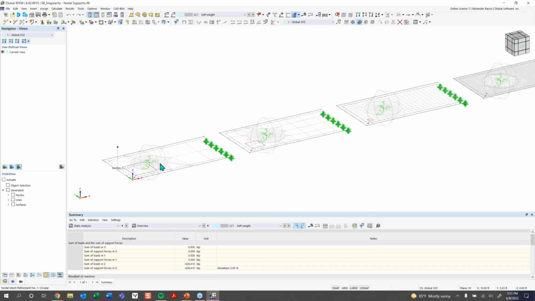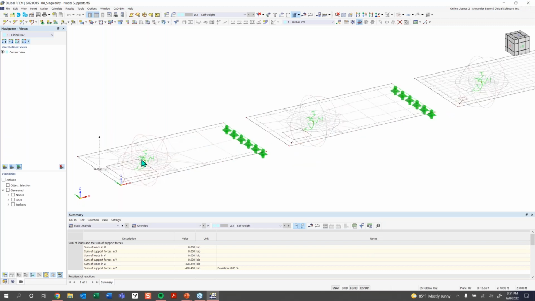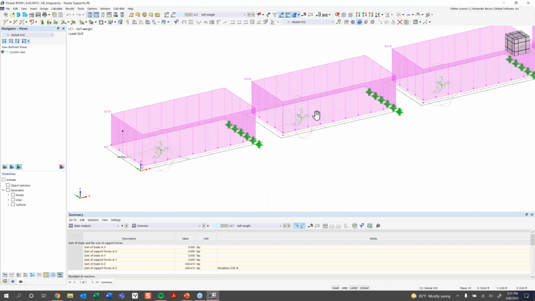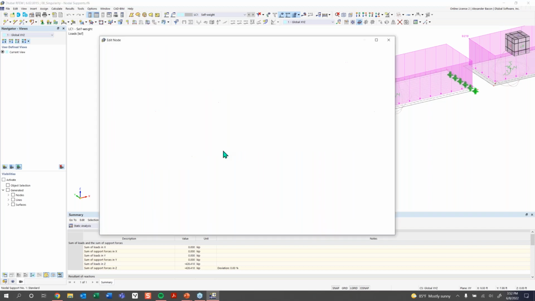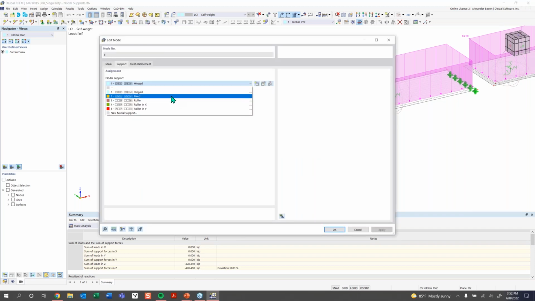So I'm just going to go over this, but we have a plate here, and each of these plates has a surface load applied to it. And you can see we have a nodal support connected here. So we just have this nodal support and it's supported on this edge. And so what's happening is this nodal support, if I change it to a normal hinge support,